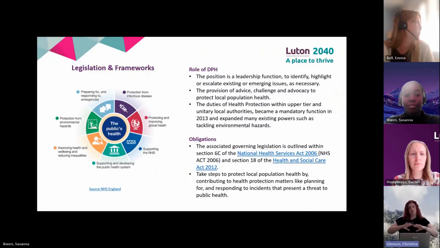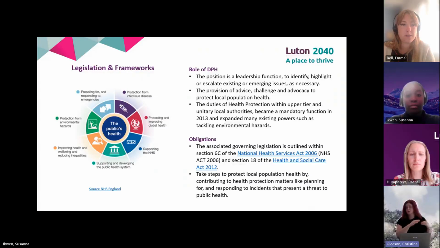And then because we're here today as a collective, there are other powers that sit in other parts of the council. So we have the Civil Contingencies Act 2004. We also have the Safety at Work Act 1974 and the Food Safety Act 1990. And that's why we're doing a joint training with you today. And then just to talk about the Control of Diseases Act 1984, that's the principal act within health protection that we abide by.